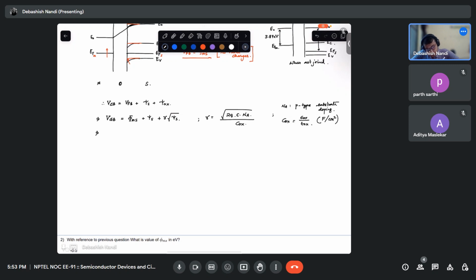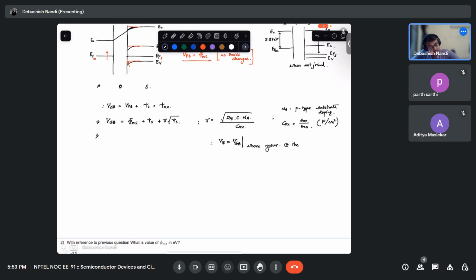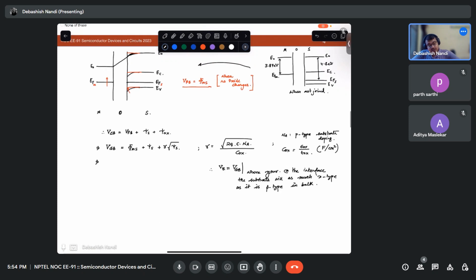So, and VTH, or threshold voltage, is equal to VGB, where at the interface the substrate will be as much N type as it is P type in bulk. What does that mean? That means that